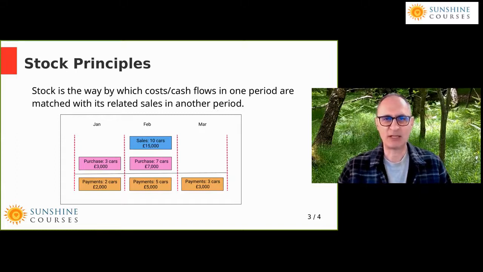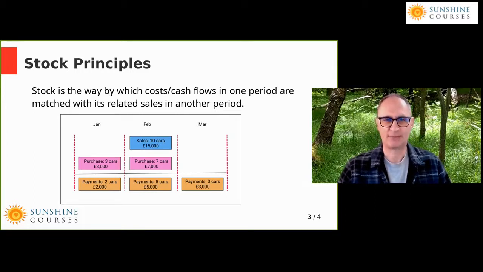Remember, the idea of the balance sheet is it's the mechanism by which you reallocate the costs so that they're in the correct period relative to sales. And the sales accounting period is the period in which you deliver your goods or services. It's the period in which you deliver your goods and services, and we want our costs to match those revenues